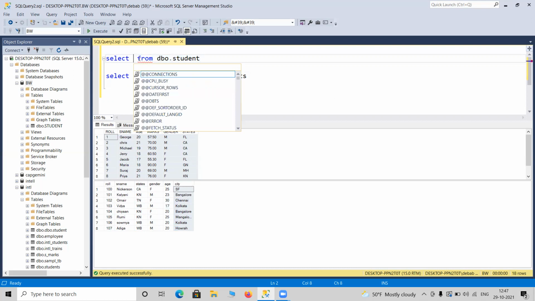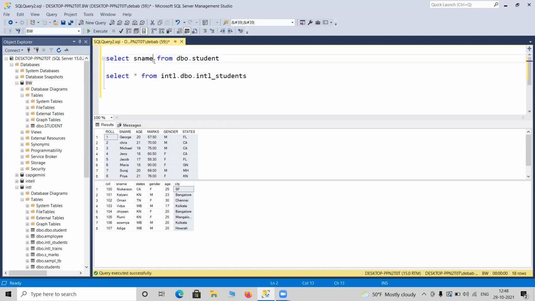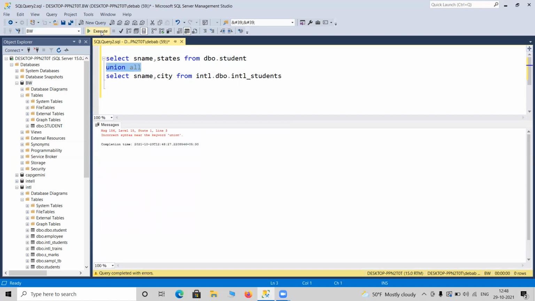Say I write SNAME from dbo student and choose states, and here as well I choose SNAME from the below table and the city. If you write union or union all in between, it will union both tables' data, SNAME and states with SNAME and city. Take a look.